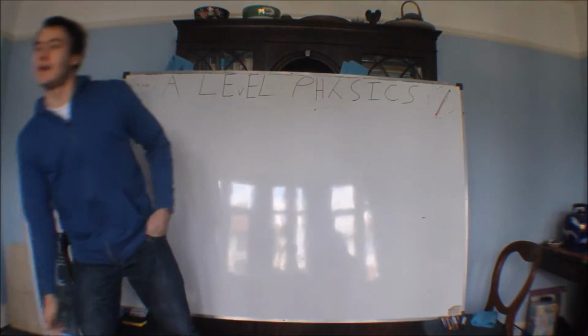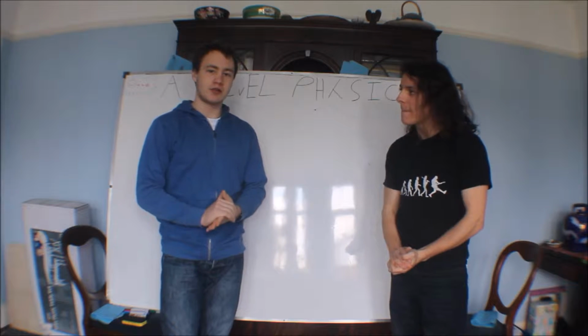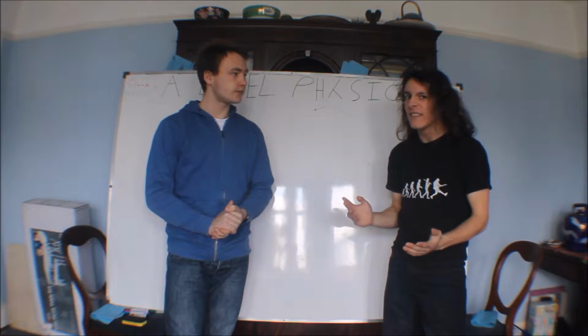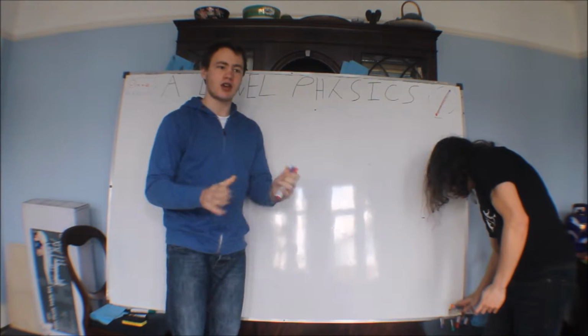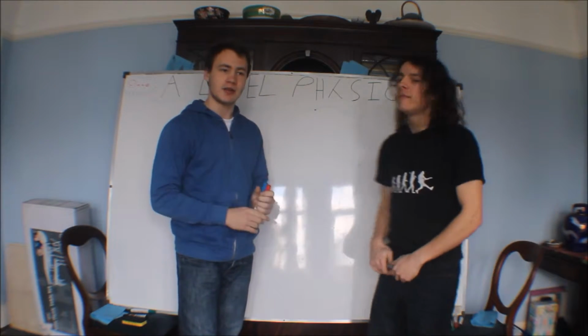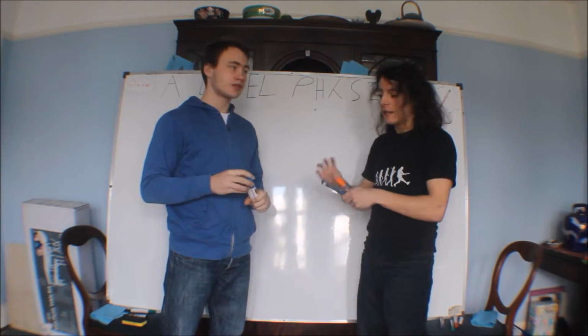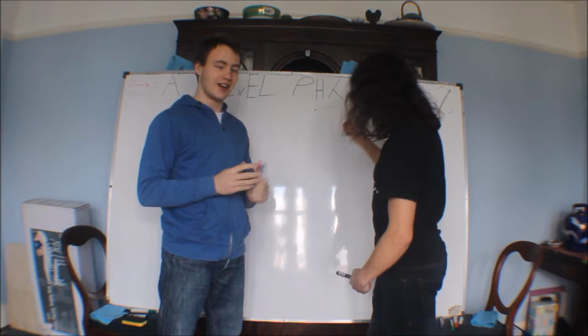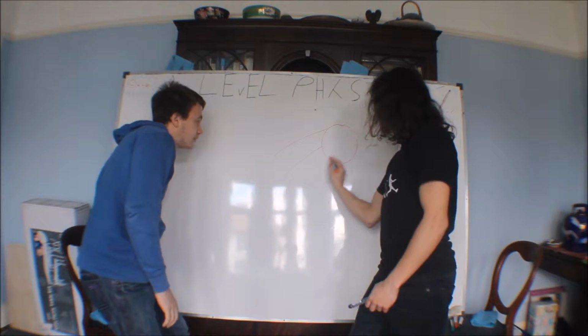So, now on to temperature. We start off with thermal equilibrium. So, what's that? Well, it's pretty much exactly like it sounds. Thermal being within heat, and equilibrium is when it's equal. So you can think about it in terms of the sun, which is this big orange pen again. And that's our sun.